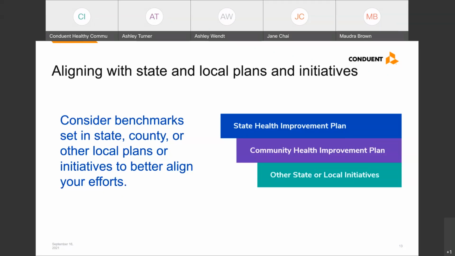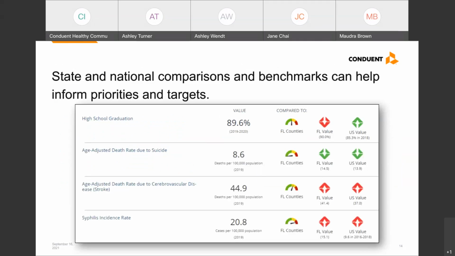Finally, many state or local organizations, such as a local United Way or March of Dimes, will have local regional initiatives with identified goals or objectives. This can help you identify good targets or areas for shared action to build into your plan. In conducting your community health assessment, you likely reviewed how local data compared to state or national data to identify your priorities. That same information can help you set reasonable targets for your plan.